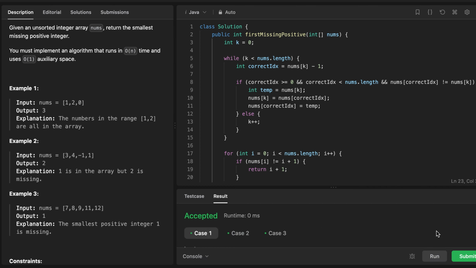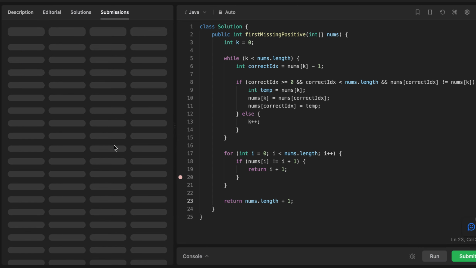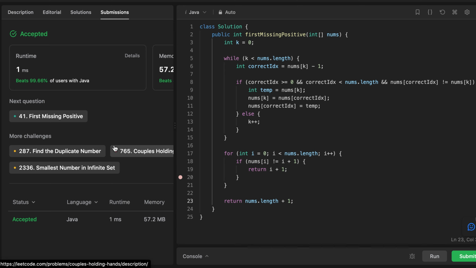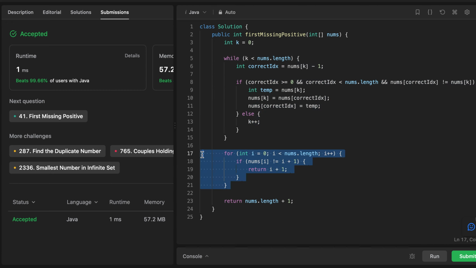Submit it. So time complexity is O of n, where n is the length of this nums array, we have one pass over it, so overall it's O of n. And then space complexity is